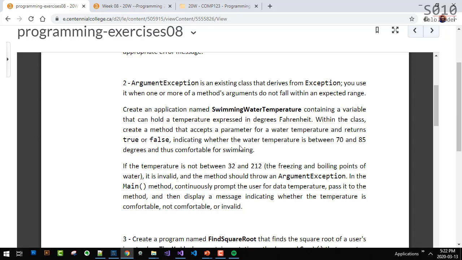Below 32 degrees or above 212 degrees. So if it's either below 32 or above 212, it becomes invalid. So we throw an exception. So again, the method will return true, false, or it will throw an exception. Okay?